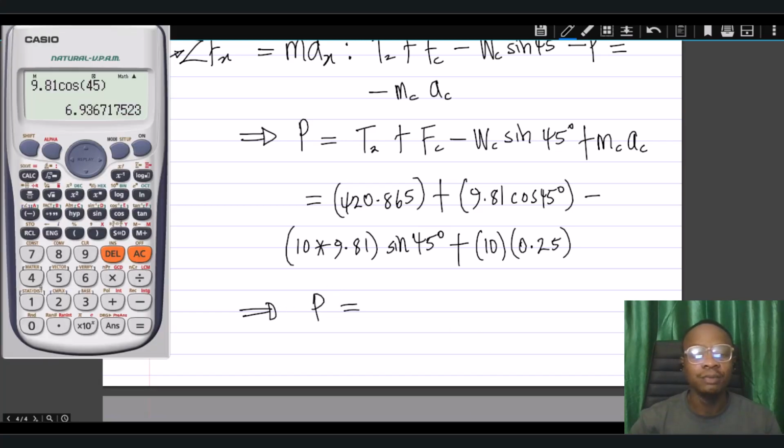So bringing that up, we have 420.865. Then we have plus 9.81 cos 45 degrees. Then negative of 10 multiplying 9.81, so we can say that is 98.1. Then multiplying sine of 45 degrees, we close the bracket. Then plus 10 multiplying this, so that is 2.5. That will be plus 2.5. And that gives us